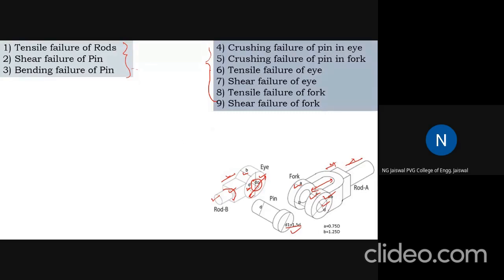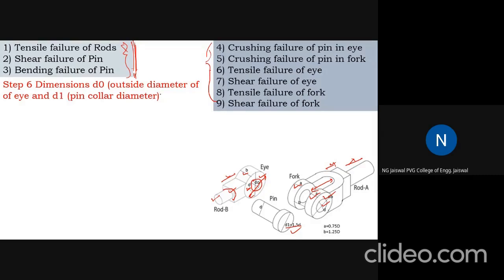So therefore, these three sets of failure equations are required to find out dimensions, and this will help you when you solve the problem. These three failures are required to find out the dimensions, and the remaining failures of the knuckle joint are required to cross-check. Cross-check means you will find out the stresses and compare that stress with the permissible one. If the permissible stress is more than the induced stress, then your selection or calculation so far is correct. Okay, so moving ahead then.